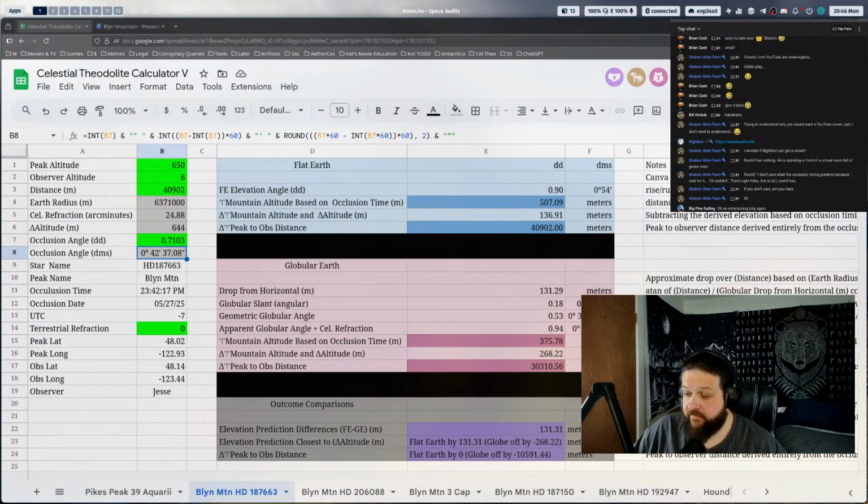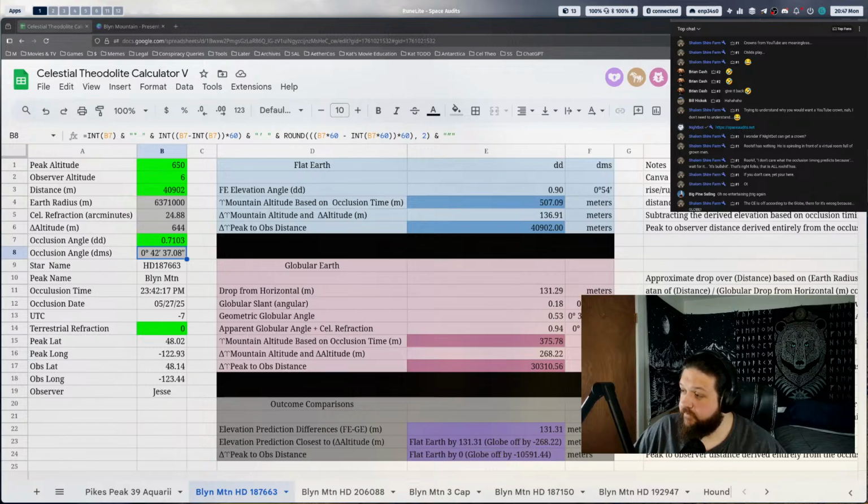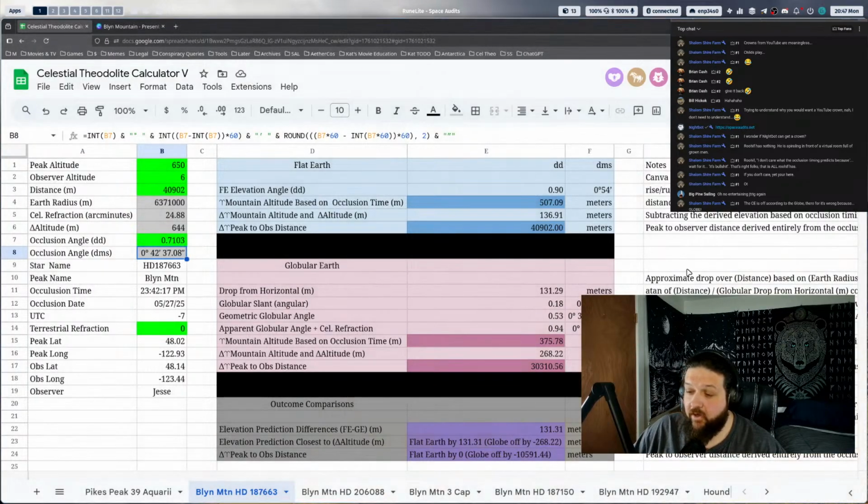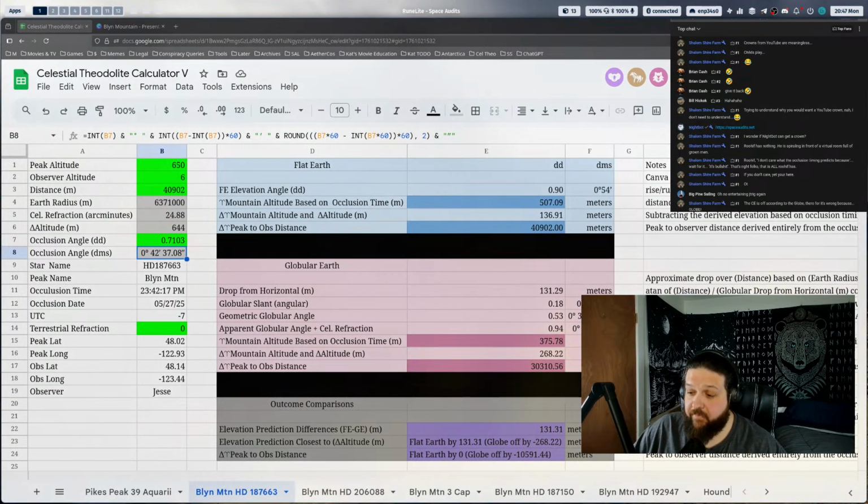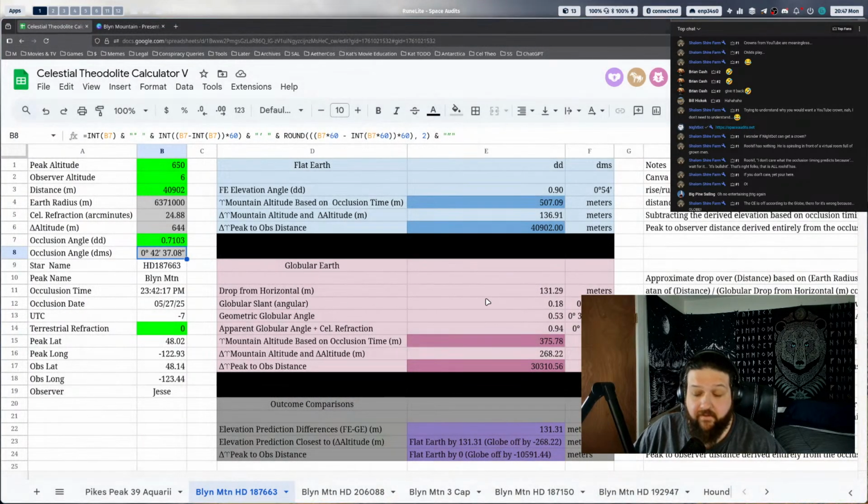The angle to Pikes Peak is 219, and according to Stellarium, the occlusion happened at 218 and a half. No. Okay, that is incorrect. No, that's fine. It is correct, but that's a postdiction. That's the beauty of this. All we told Stellarium to start with, guys.